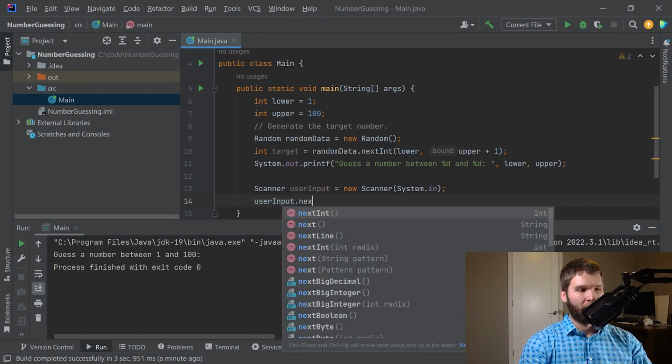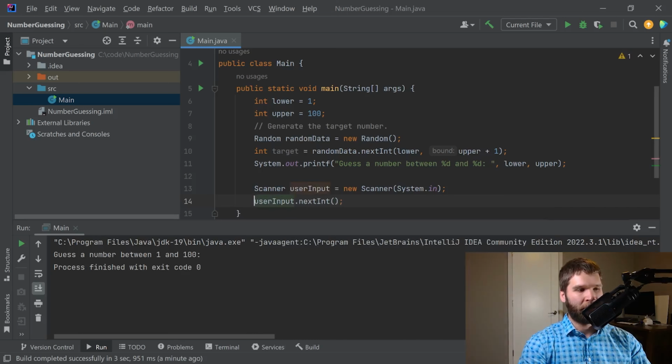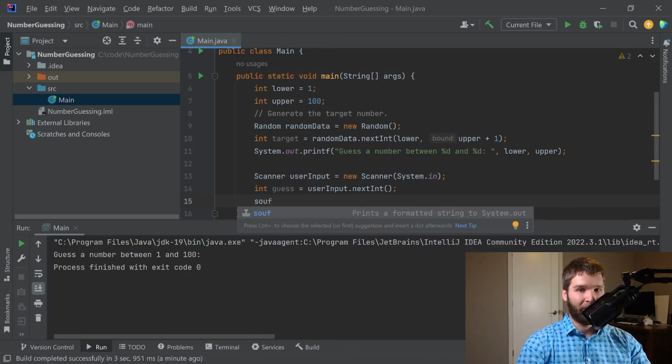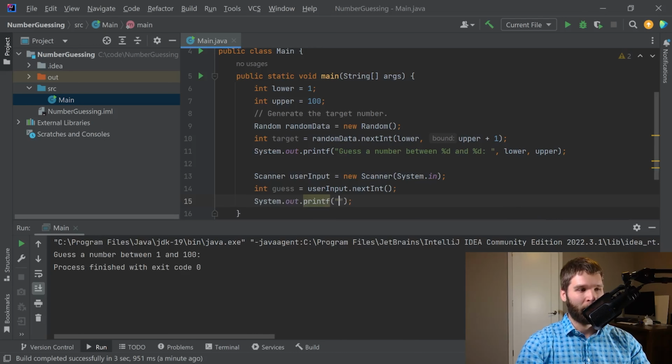Now we're going to get the next integer, and we're going to store that into a variable that we're going to call guess. Now let's go ahead and print out the guess and the target. Another shortcut if you want to print a formatted string in IntelliJ right away is instead of SOUT, it's SOUF. Let's print the guess and the target